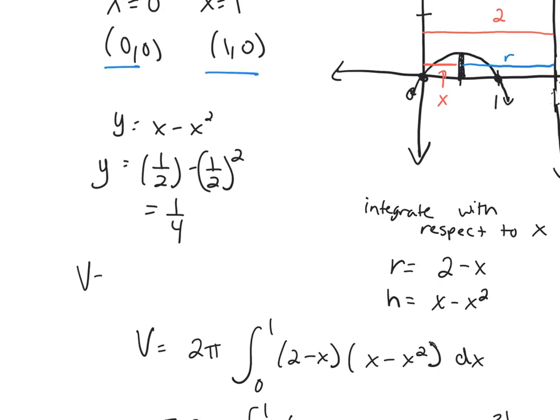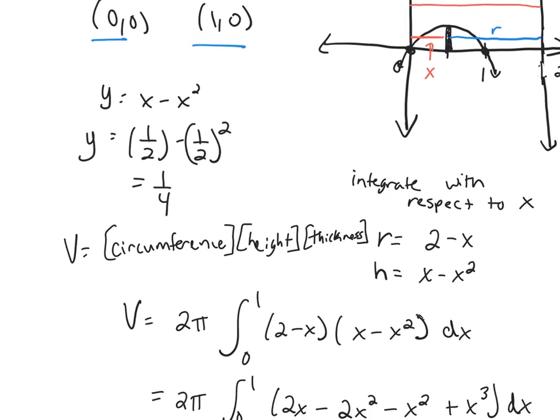To get volume, it was circumference times height times thickness. Well, when I rotate that around, I'm getting a circle. So the circumference is 2 pi r. The height is h. And my thickness is dx. Because I'm taking a very thin strip when I rotate that